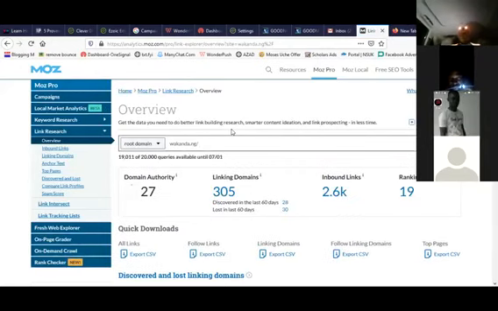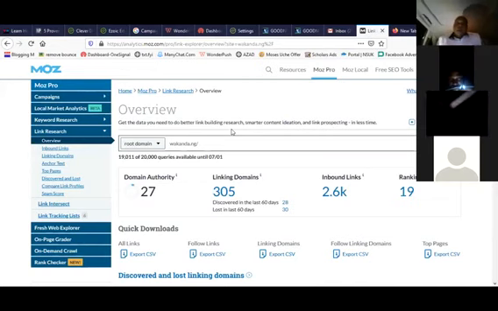All right. So once you come to Moz, there is something called link research. You will see a column with the title and tag link research. Alternatively, I'm going to send a link into our group.